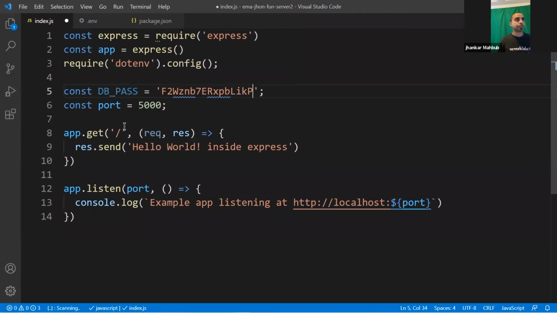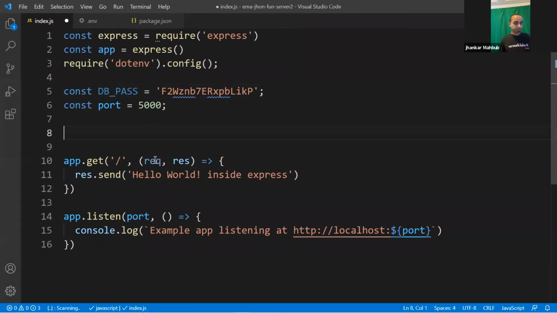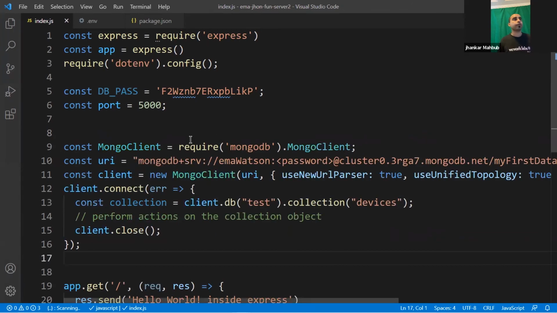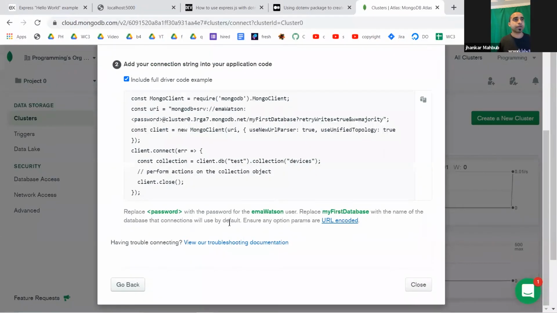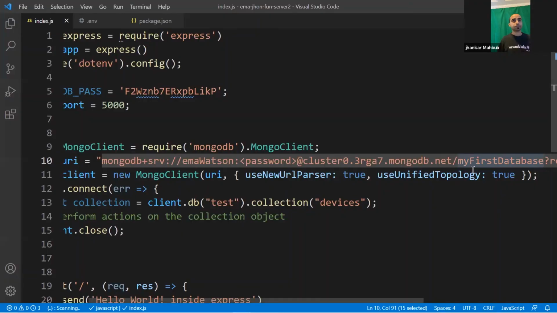So I would be just pasting, say for example, we leave this one, and then here we do this, save this way. And then what we need to do is set the environment, this is my first database. They will also tell you that, hey, you need to change this for the user they already put there, and you need to replace this one. So here, this should be our products database, and the password, we will make this a little bit dynamic.